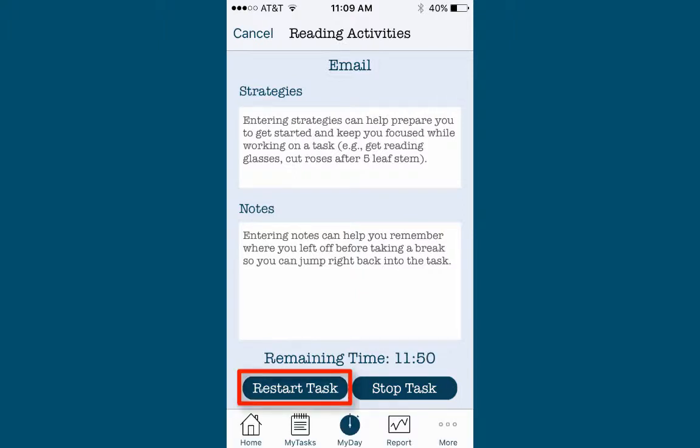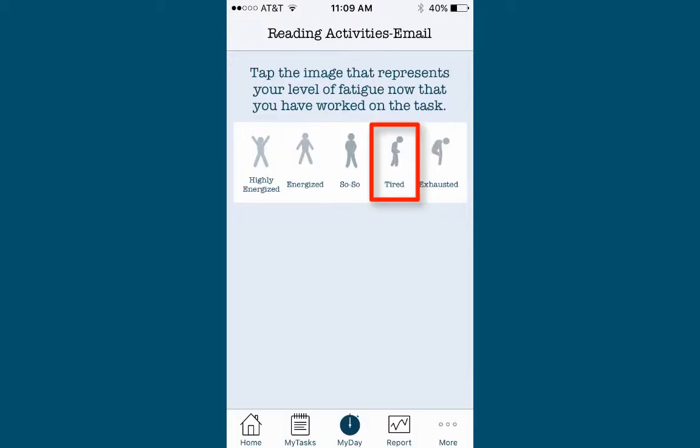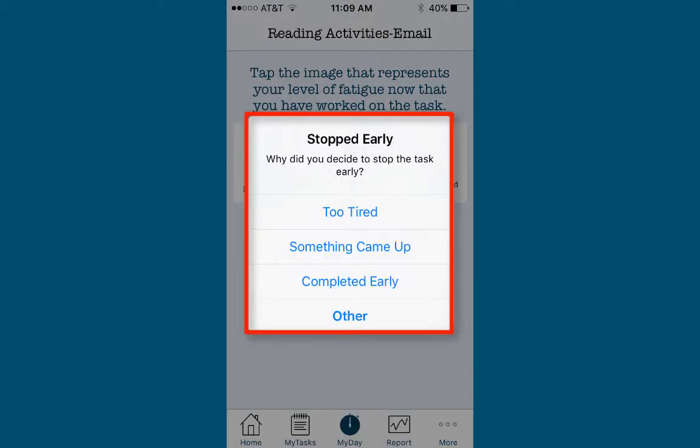Tap the Restart Task button to continue the countdown timer. If you need to stop a task before the timer counts down, tap the Stop Task button, and then identify your post-task fatigue level. The Stopped Early pop-up will appear, prompting you to identify why you decided to stop the